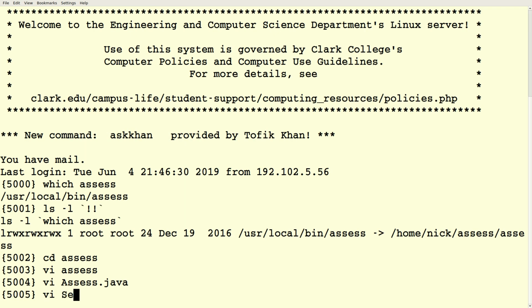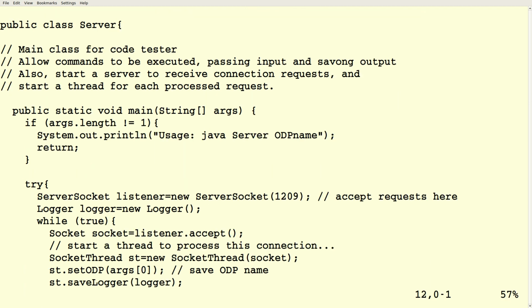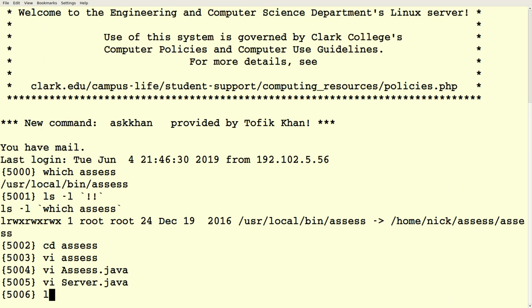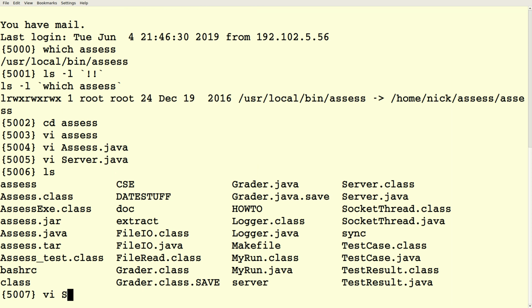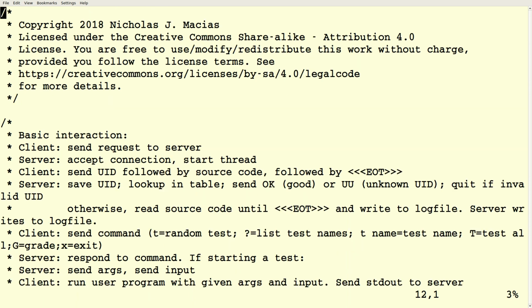And the server is just like the servers we've been playing with, right? It creates a server socket on port 1209 and accepts connections and creates a thread to deal with the connection that comes in, right? Saves some information in that thread and then starts it. And that thread is, well, there's